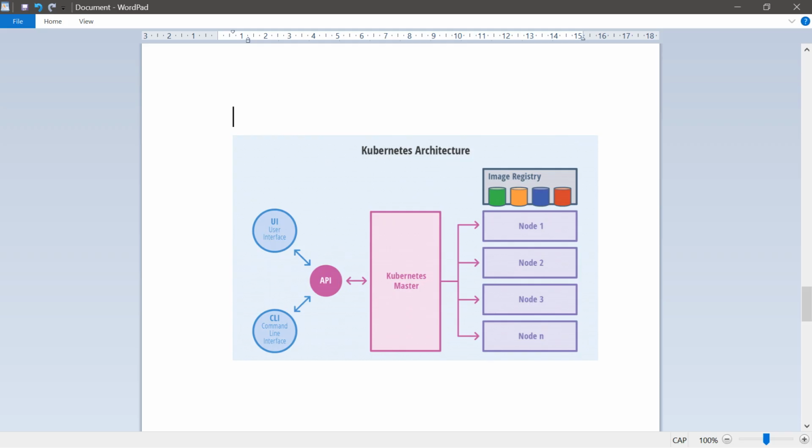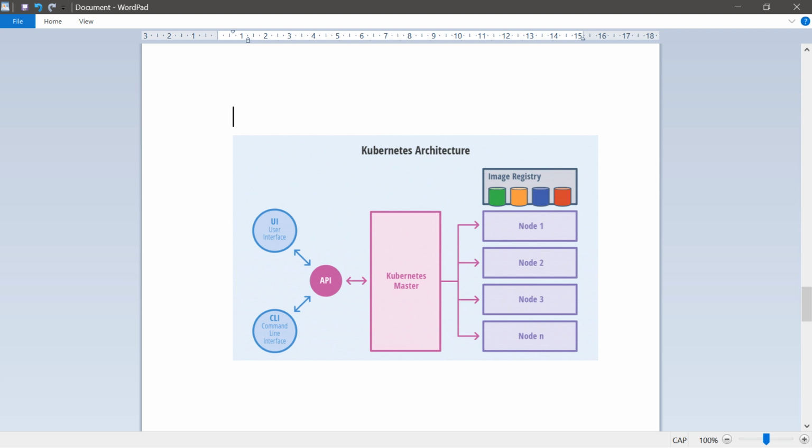In this video, you are looking at the Kubernetes architecture and the nodes and their components. On the screen, you are looking at a diagram. It's showing the architecture, a kube master and 4 Kubernetes worker nodes.